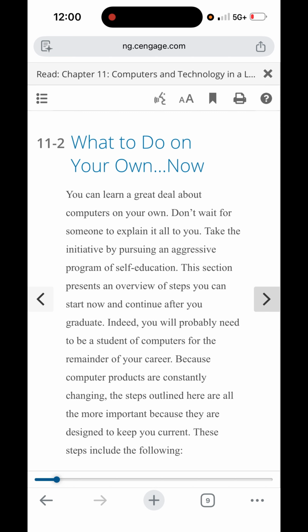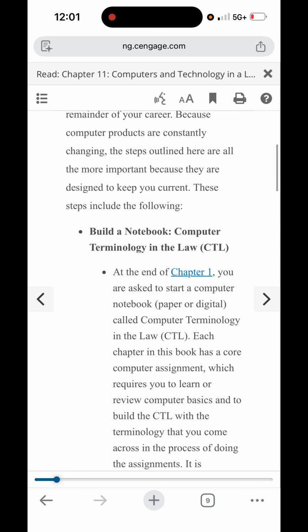Indeed, you will probably need to be a student of computers for the remainder of your career, because computer products are constantly changing. The steps outlined here are all the more important because they are designed to keep you current. These steps include the following: